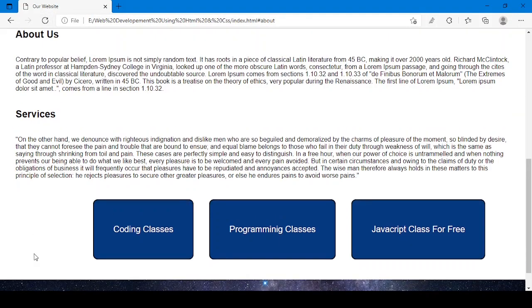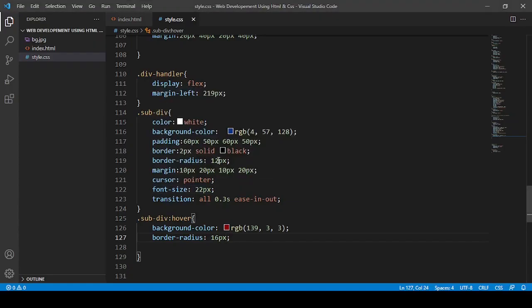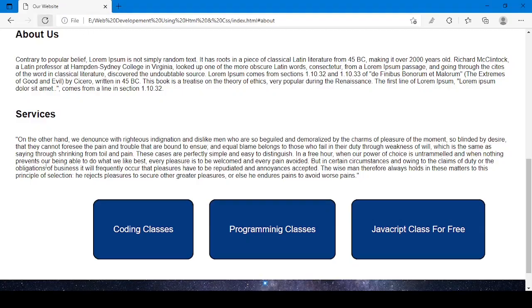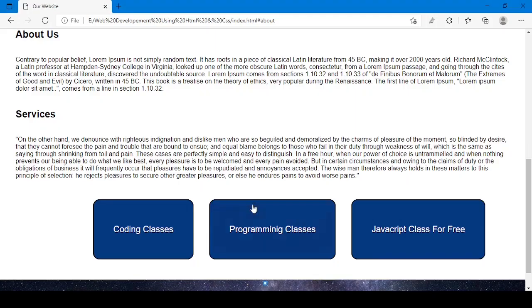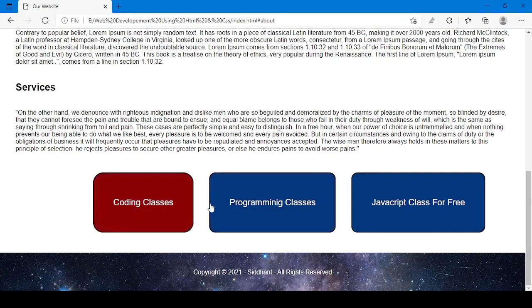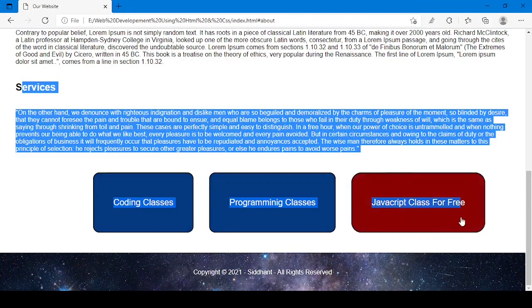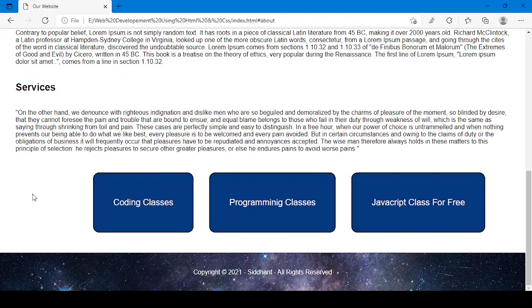And now if I just see now, it is changing, isn't it? So to make it more visible, what I can do is here I will add 16, and here I will say 22 px. Yeah, and let me reload it, and now see the animation. Yeah, so let me give it 26 px. Yeah, now see the animation, it is looking awesome. So in this way you can make your services section. I think now you have understood very clearly.